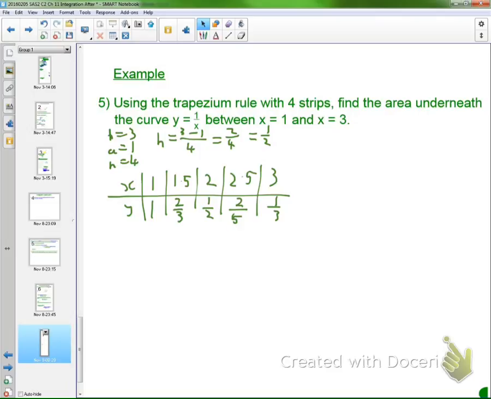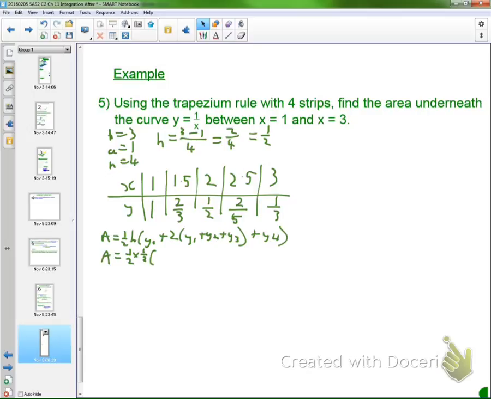So then we apply our formula, which is the area is approximately equal to a half h times y naught plus 2 times the sum of the middle y values plus the last y value. In this case, we've only got 4 strips, so I'm going to write down each of the y values: y1 plus y2 plus y3 plus y4 is our formula. We then want to plug our values into it, so we have a half. Our h happens to also be equal to a half,